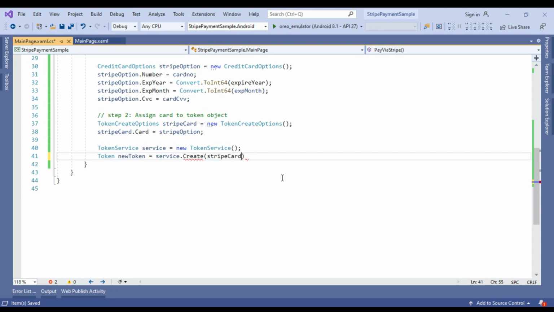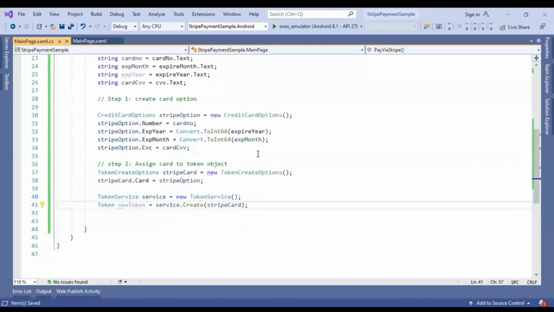Okay, so we have to pass the token create options here. Okay, so after passing the token create options here, we have to do one thing. So this line will generate a new token here. So after getting this new token, we can use it and initiate the payment.